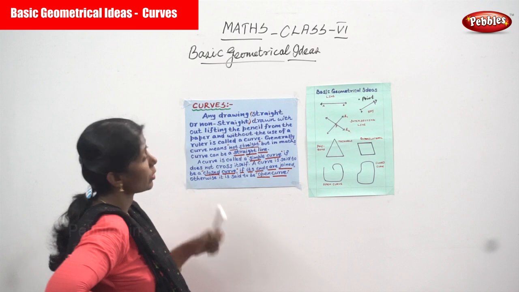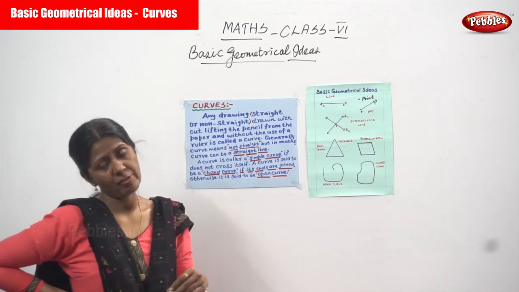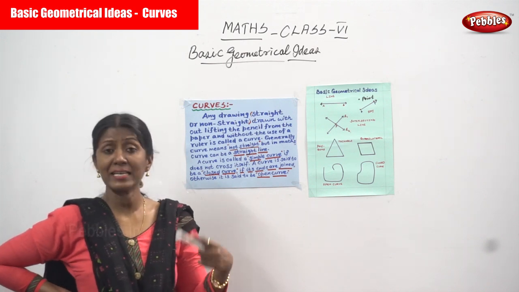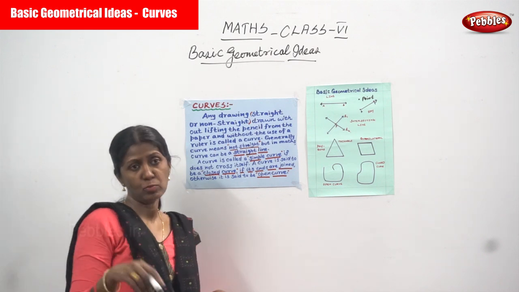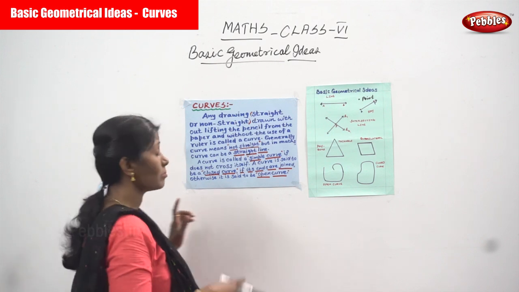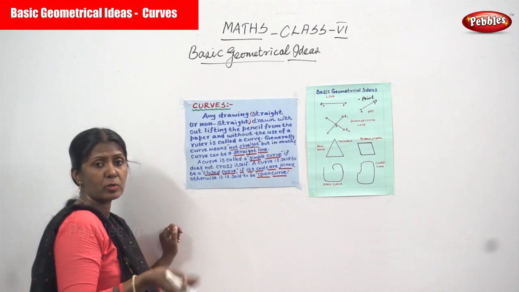That means any drawing, you can draw any object, for example a circle, or a half circle, a semicircle, otherwise we can call it any kind of curve. A curve means, for example, a crescent moon or whatever there may be. So at that particular point we should not use a straight line. In maths we can call it as